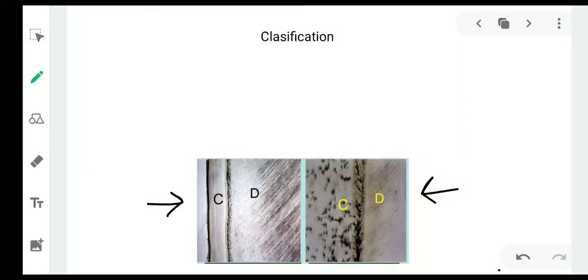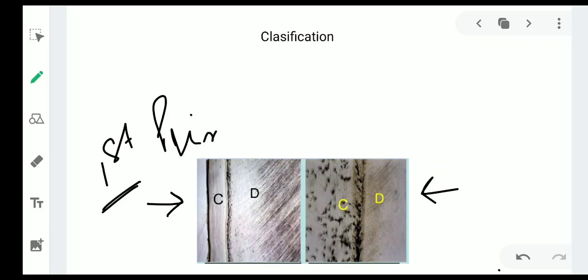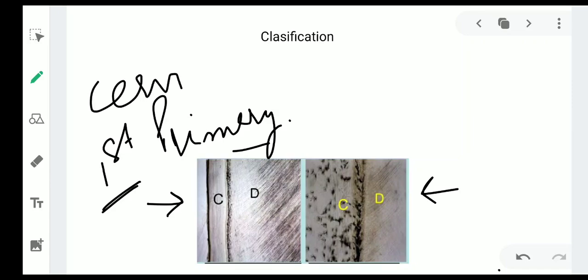Now in the acellular Cementum, no cementocytes are present and the deposition rate is slower. This forms first, it is first to form, and it is also known as primary Cementum. The width of acellular Cementum is more or less constant, and it is usually found near the cervical third